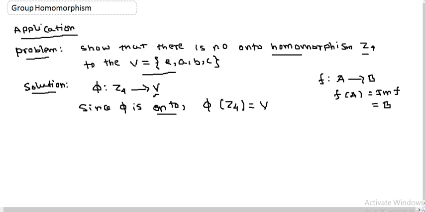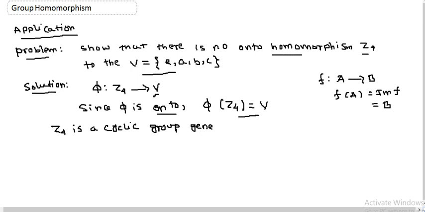So here the set B is V, so the image of Z4 is equal to V over here. So what we have to show is that there is no onto homomorphism. Now let me remind you that Z4 is a cyclic group. So it's a cyclic group